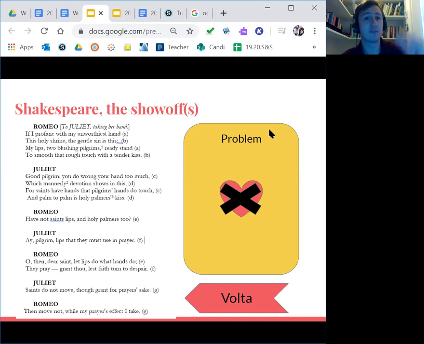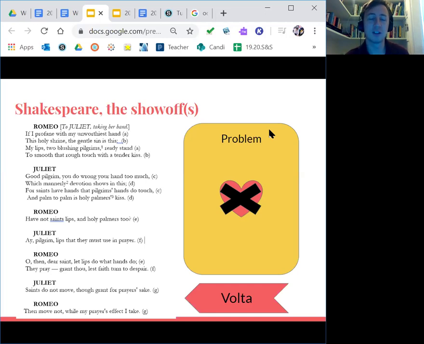And so we have this problem happening in these first 12 lines, and you can see the different quatrains. The first quatrain is right here with Romeo talking. The second quatrain, Juliet talks. The third quatrain, Shakespeare gets fancy and has the 2 of them talking together, but the rhyme scheme still follows. Then you have your couplet or volta at the bottom. That gives you the theme of it all, what Romeo is arguing.